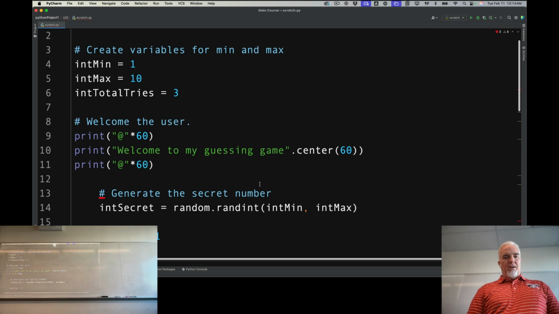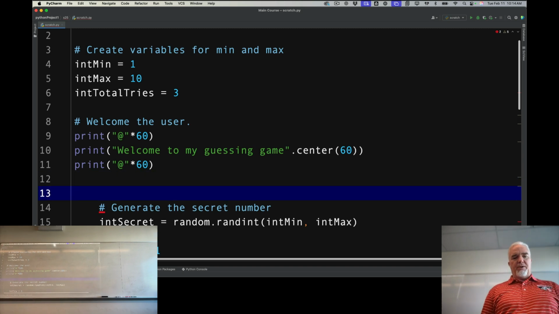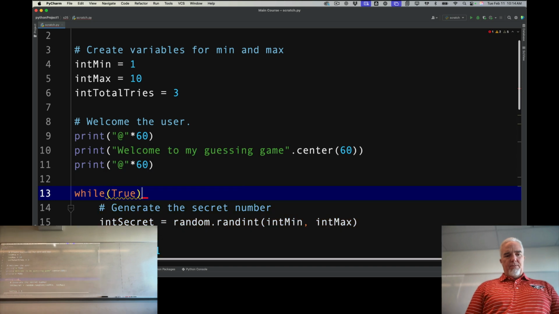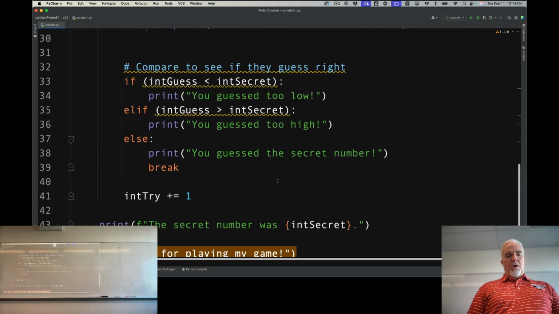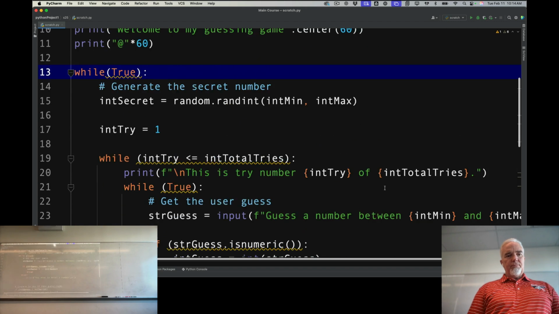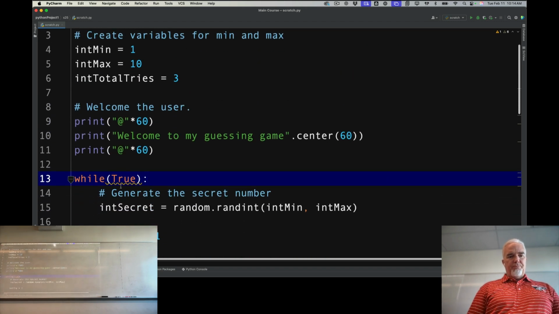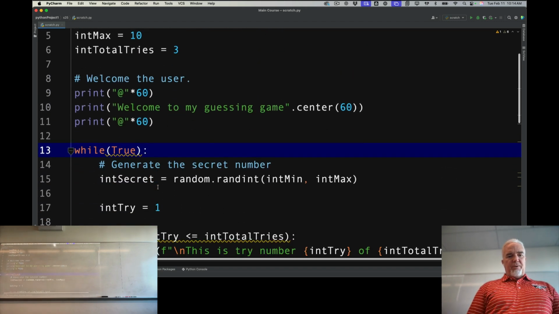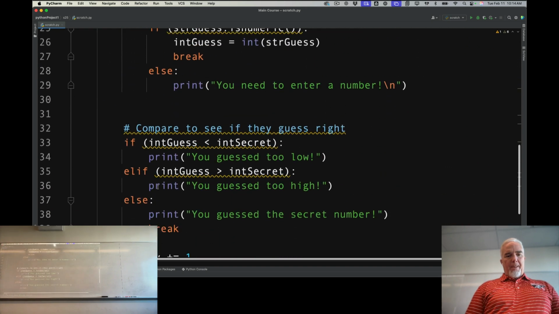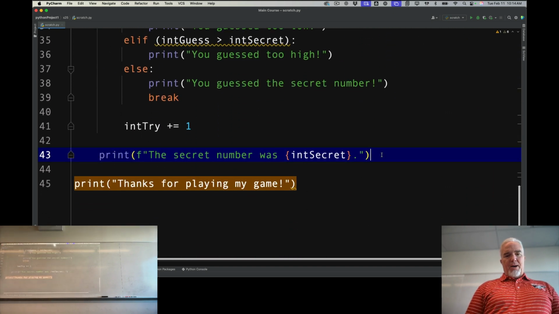And I'm going to hit Tab to indent it. And I'm going to scroll back up here above where I said generate the secret number. And I'm just going to say while true here, all the way at the top. And then I'm going to scroll all the way back down. So right there, while true, above generate the secret number. And then here at the bottom,